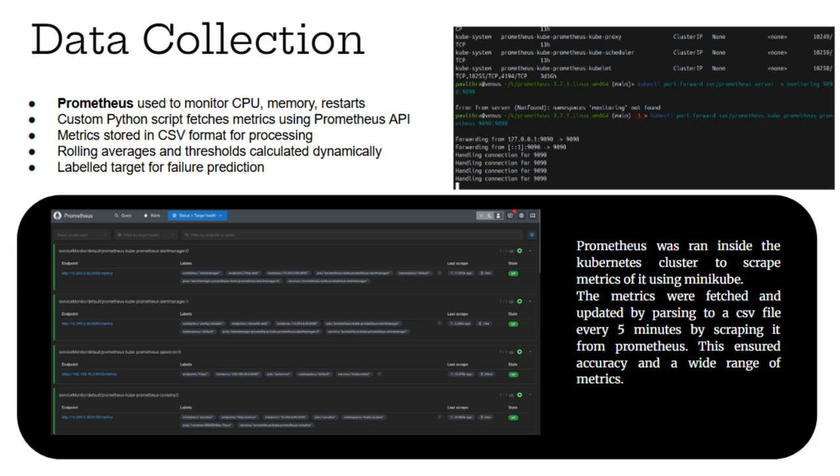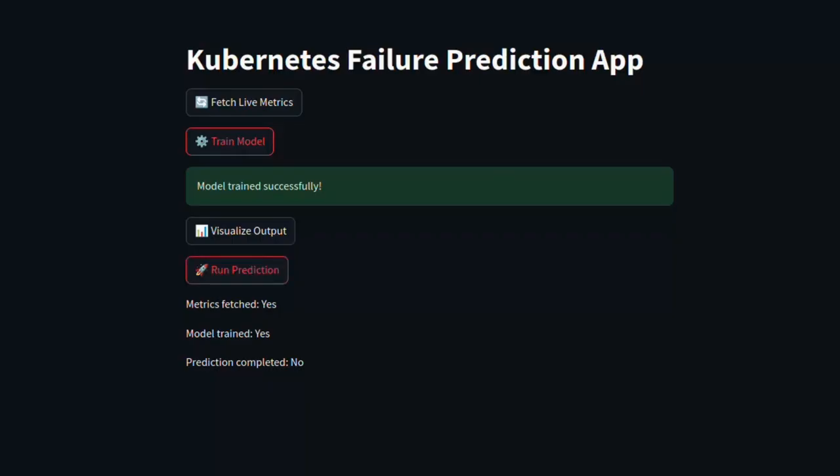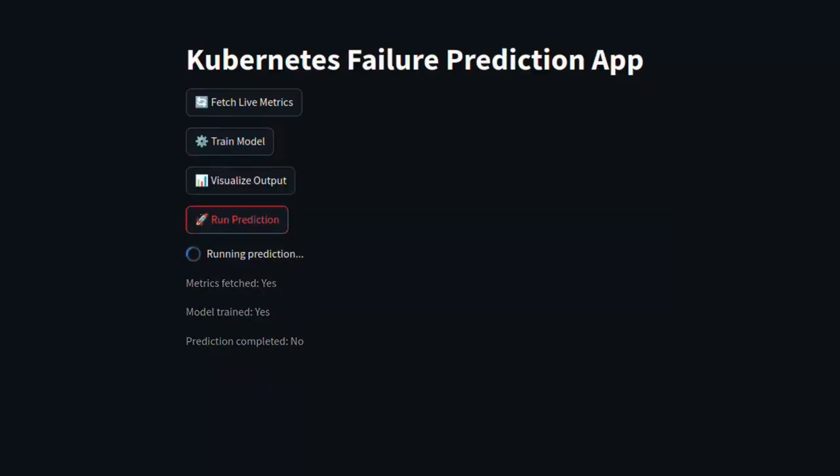The model predicts if there's a failure, after which we post-process the output and generate failure flags based on dynamically calculated thresholds. The metrics are passed to the trained model that we built and optimized. It is using the random forest